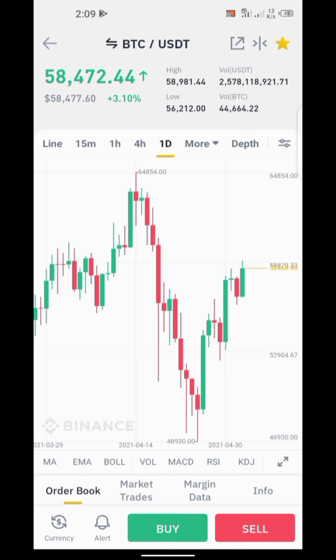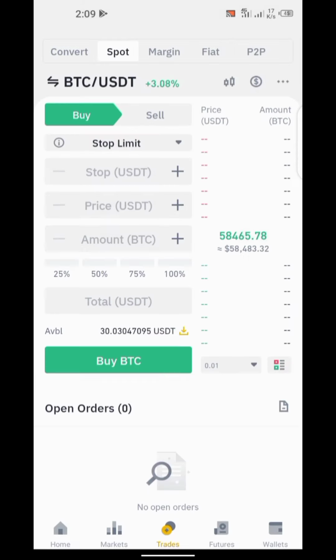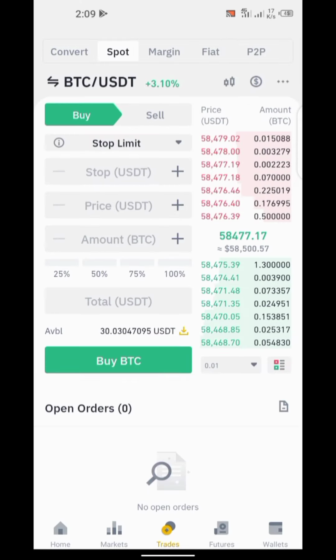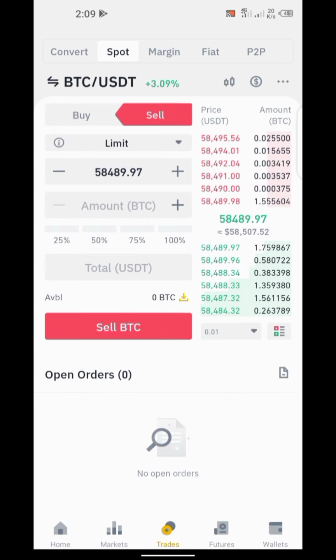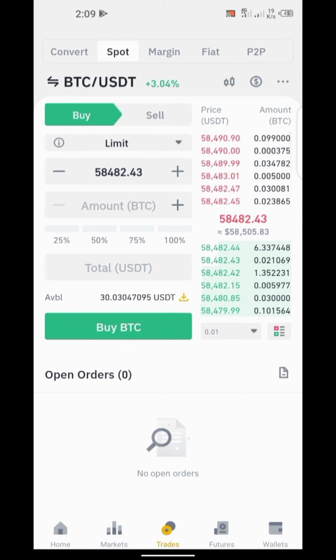When you click on it, it will bring you to this place, and now you click on this Buy, because I'm buying. If you are selling, you click on Sell, and from here you can still change it. If you want to sell, you click on this one here. If you want to buy, you click here. Now we want to buy